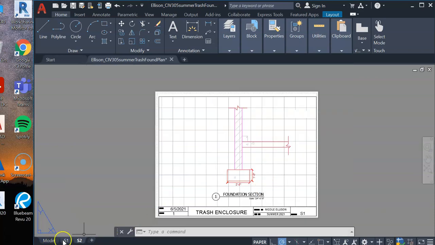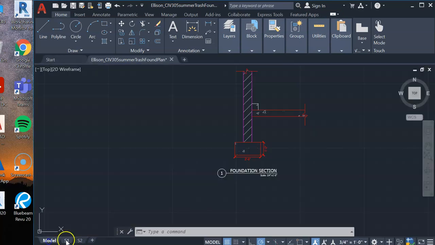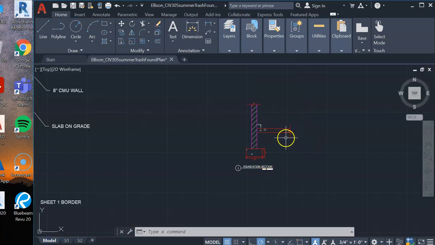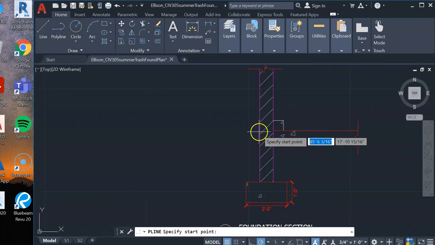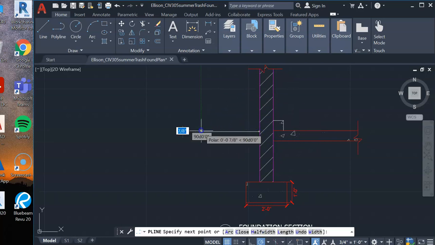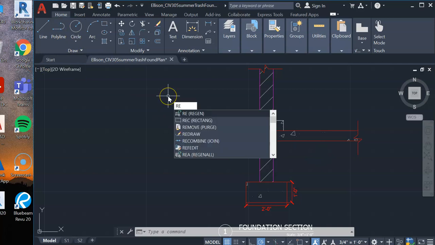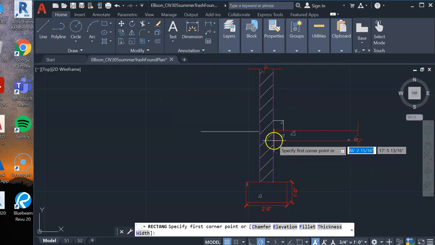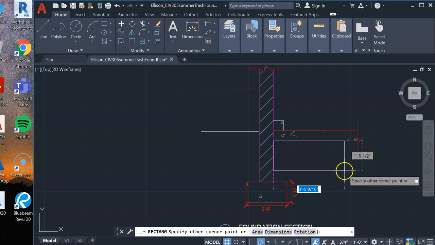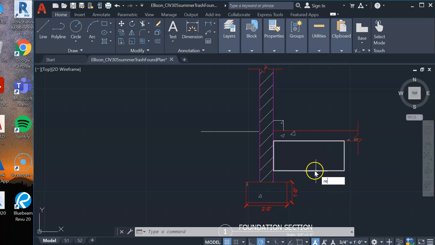So now that I have those, I want to put some earth in. So perhaps I want to use a polyline here and just draw some earth here. And I'm going to use a rectangle. Whenever you are putting hatching in, you want to have a defined, we'll come back and delete that, but to